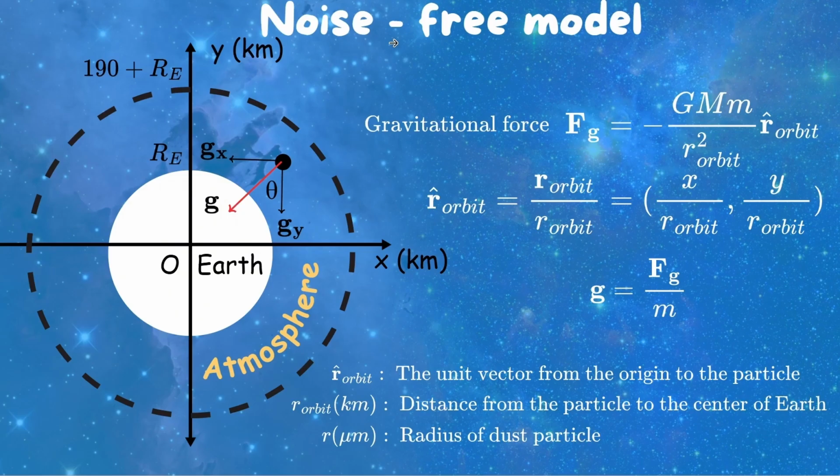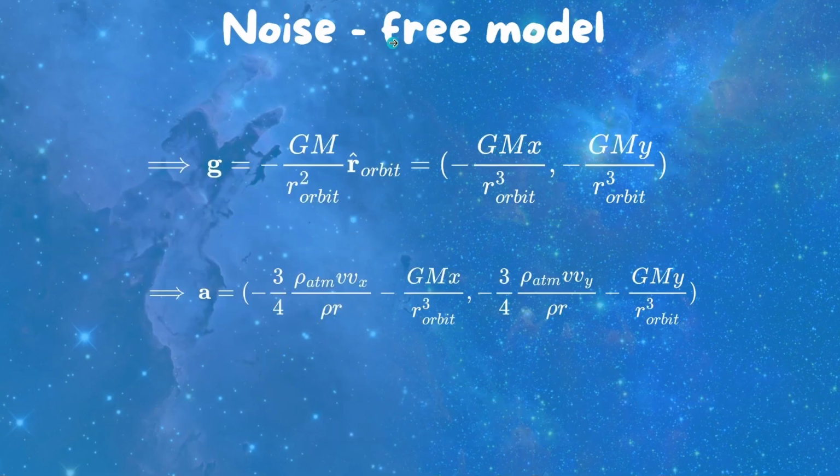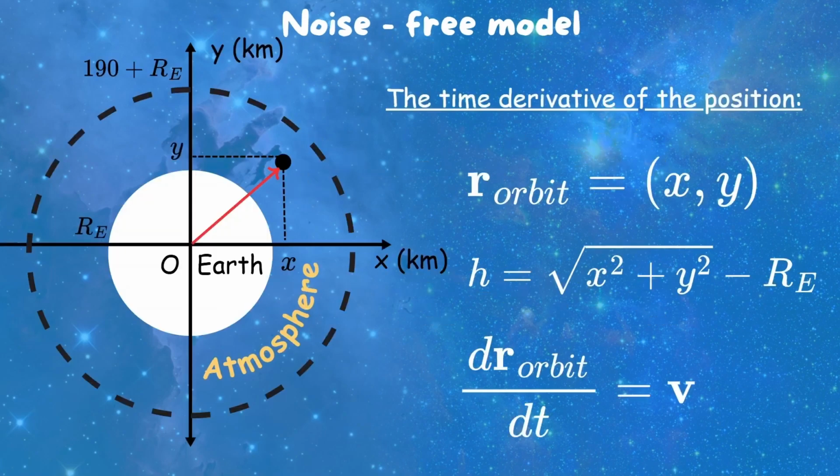We need to distinguish the notation r and orbit, where orbit is the distance from the particle to the center of Earth, and r is the radius of this particle. So, we have the final formula for vector g. This gives the full component for A. The particle has coordinates x, y. Therefore, the distance from the particle to the Earth's surface is the square root of x squared plus y squared minus